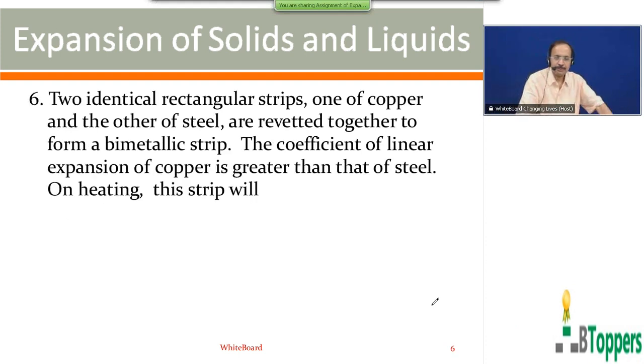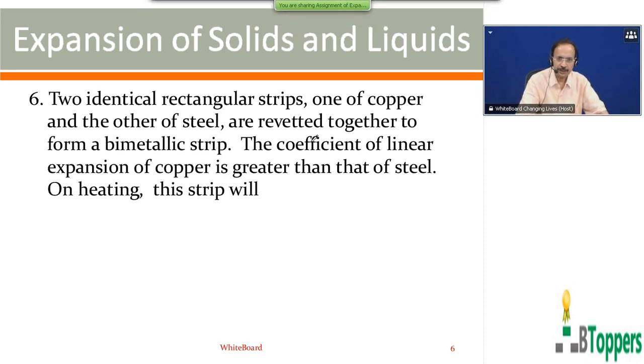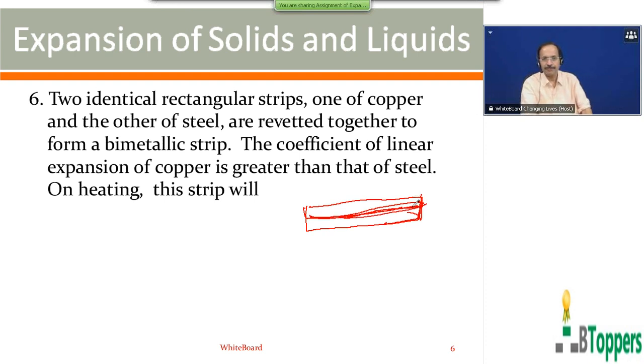So look at the next question, question number 6. Two identical rectangular strips, one of copper and the other of steel, are riveted together to form a bimetallic strip. The coefficient of linear expansion of copper is greater than that of steel. On heating, this strip will. So as I discussed earlier, if you have a bimetallic strip with two rods of different metals with the same dimensions, joined side by side, adjacent to each other,